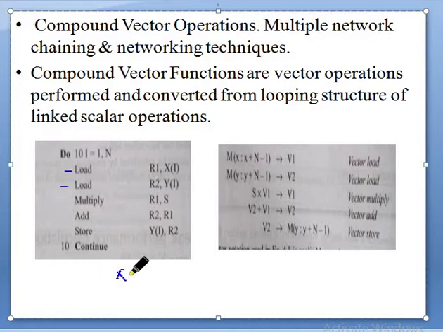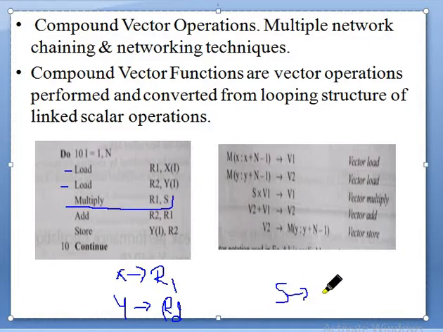Let me write here, x value is loaded to register 1 and y value is loaded to register 2. Don't get confused. Next, this is important: multiplication of R1 with S, where S indicates a magnitude only. If something is only magnitude, it is called a scalar.